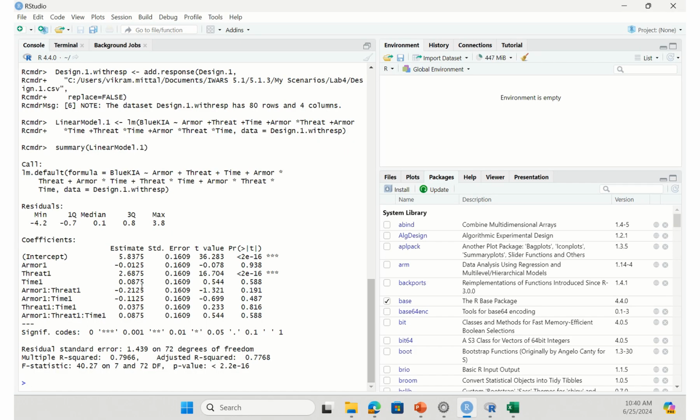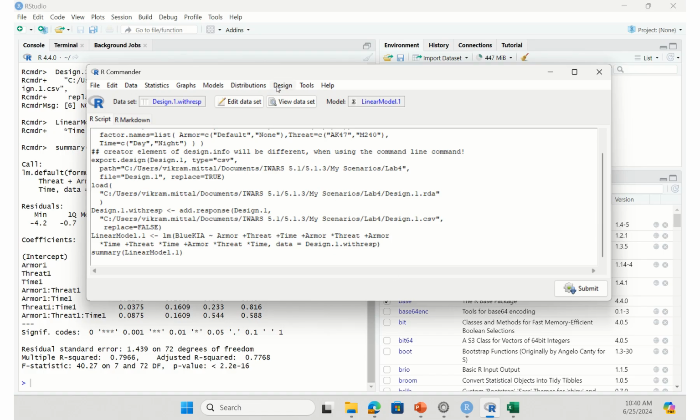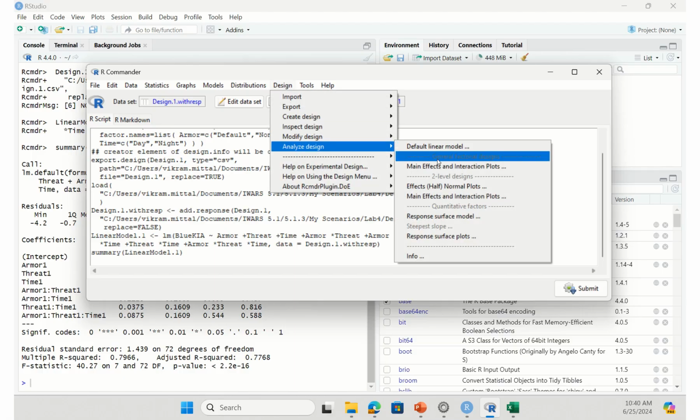And when I open up RStudio again, I can look at what's significant, what's not. And you can see that the only thing that proved to be actually significant is my threat level, which makes sense. We saw that in the data where all of a sudden if we switch from the AK-47 to the M240, we start sustaining a lot more casualties. The other thing we can do, going back into our commander, is we can do our main effects and interaction plot. So if we go to Design, Analyze Design, Main Effects and Interaction Plots,